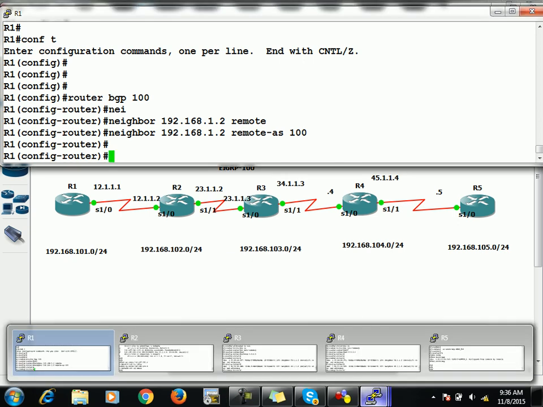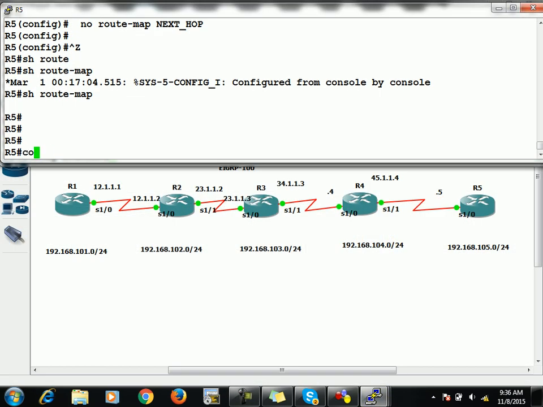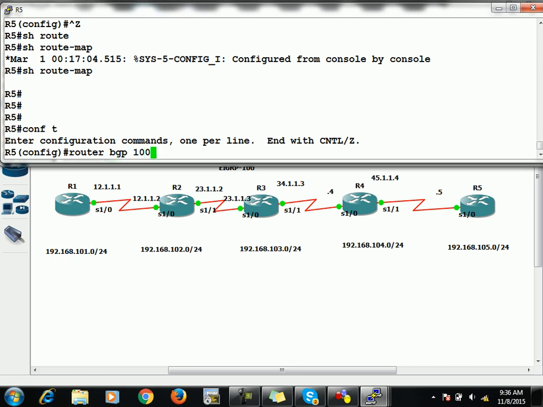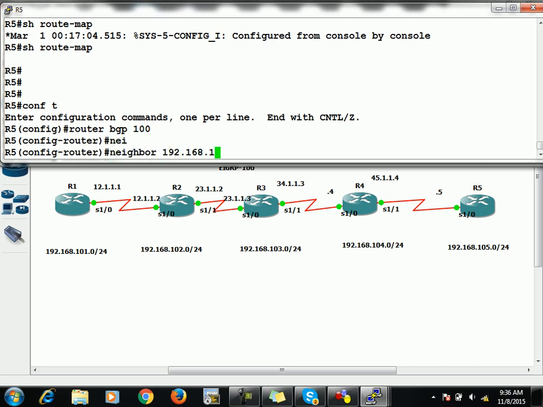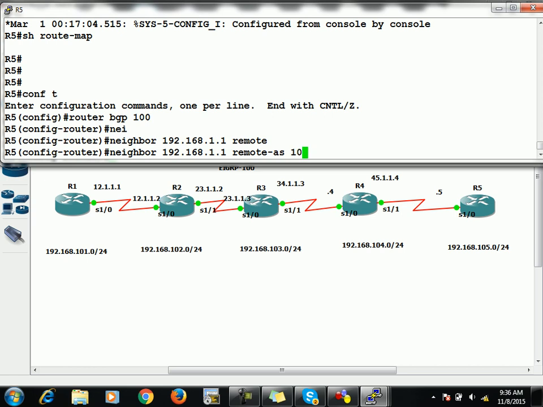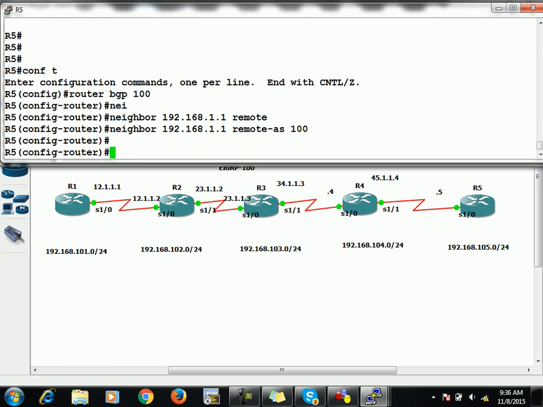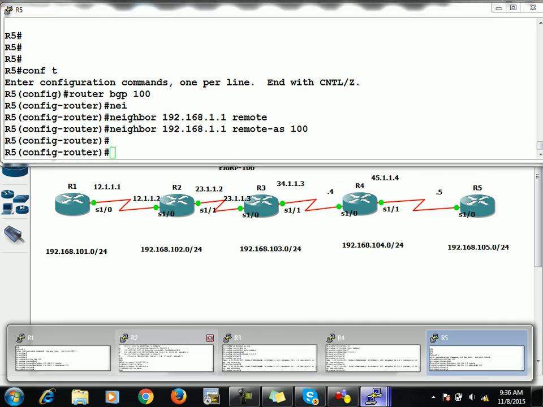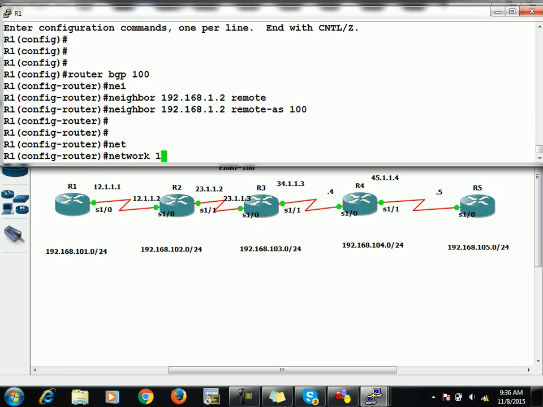Fine. So now similarly I can move to R5 and say router BGP 100, and then say 1.1 and remote AS is going to be 100. Neighborship must come up, and then we can advertise